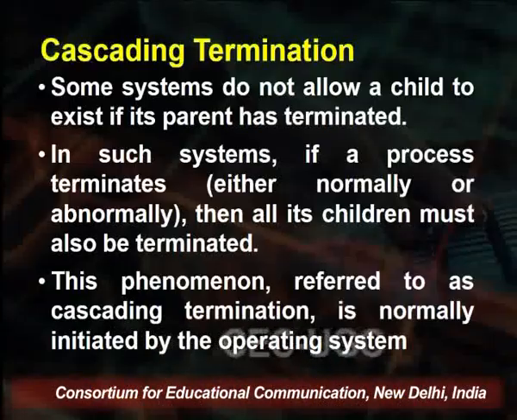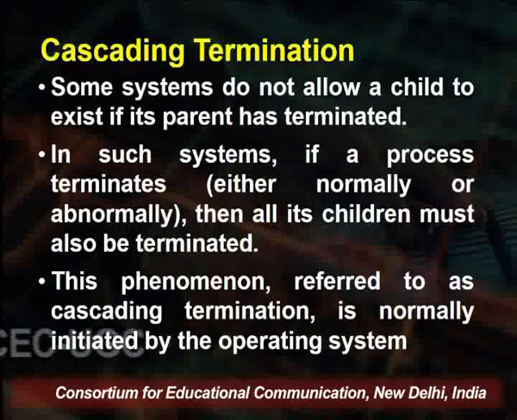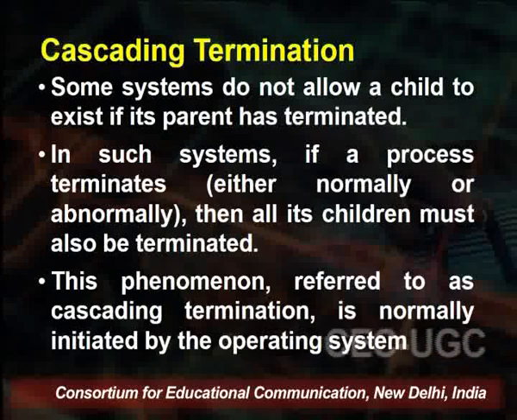Now, when we study termination of the process, we also have one term which is known as cascading termination. So, cascading termination comes with the third scenario which we were just discussing, that some systems do not allow a child to exist if the parent has terminated. So, if the parent has terminated, it is mandatory for a child process to get terminated. So, in such a system, if a process terminates whether abnormally or normally, then all its children must also be terminated,